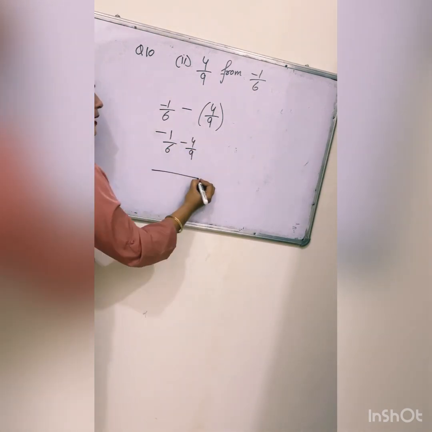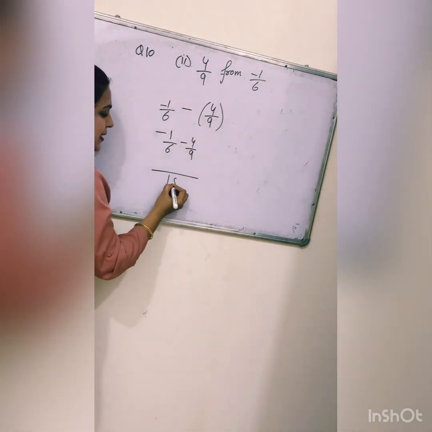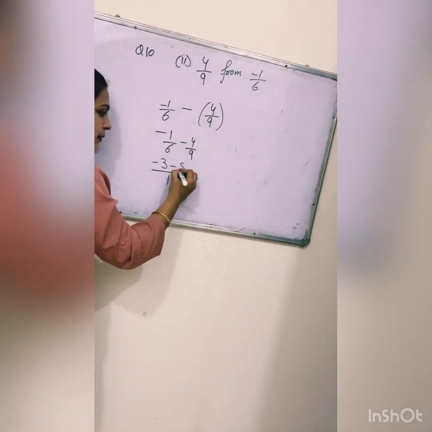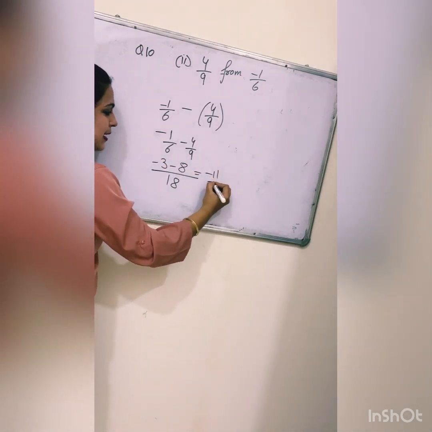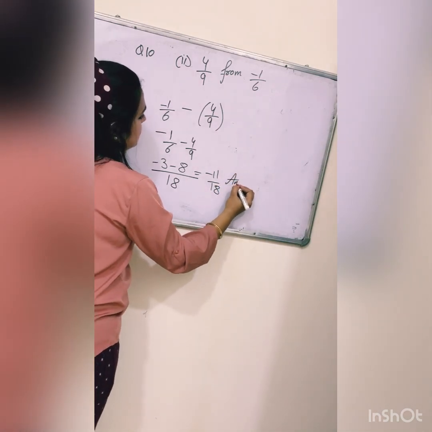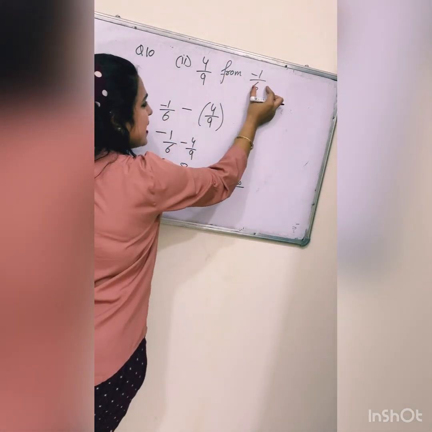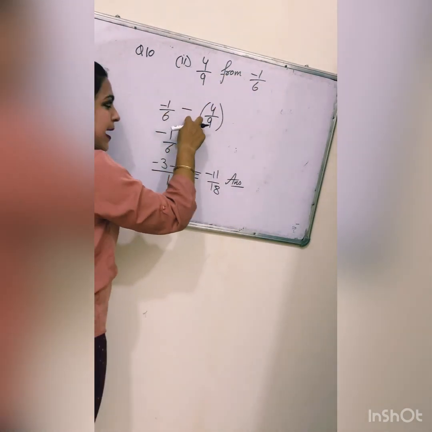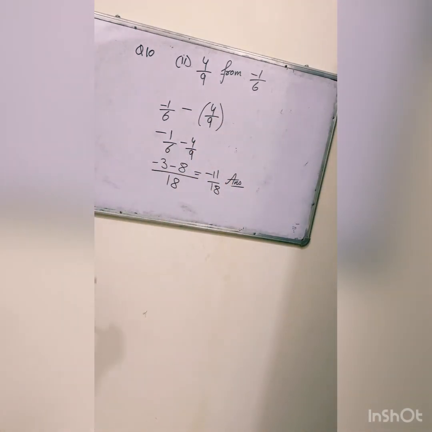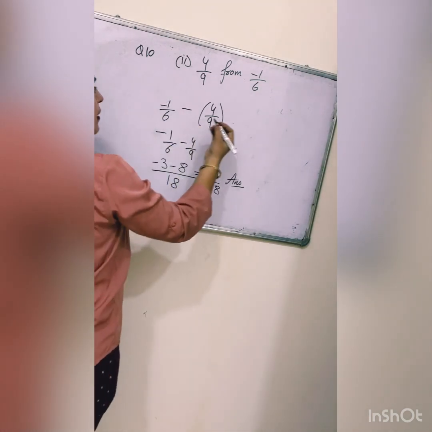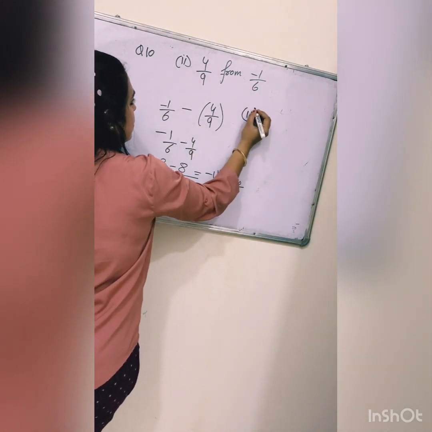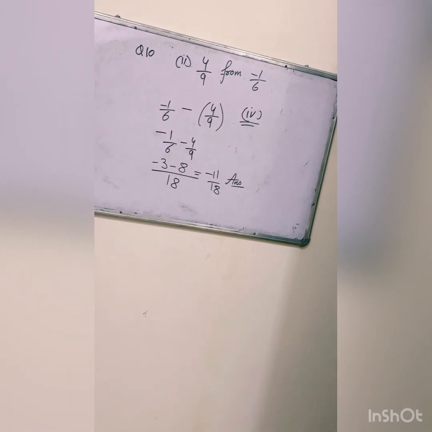Again the same steps, we'll take the LCM, that will be 18, minus 3. This will be minus 11 upon 18, which will be the answer. Simply we'll go. This is all you have to remember: in subtraction, the one after 'from' will be written first, minus 4 upon 9, then we'll get the answer. So you are going to do the second and fourth parts in your notebook. Try the fourth part on your own. The second and fourth parts are to be done in the fair notebook. Okay,